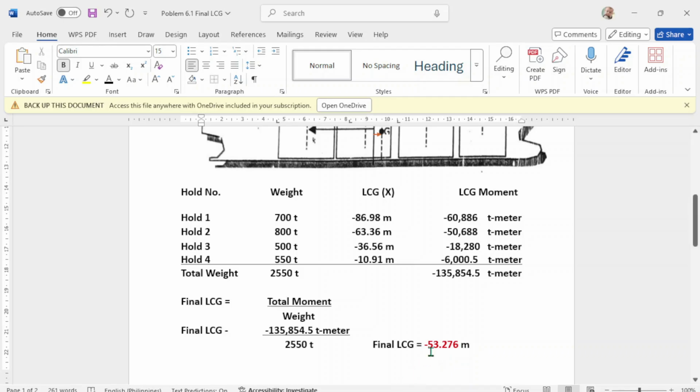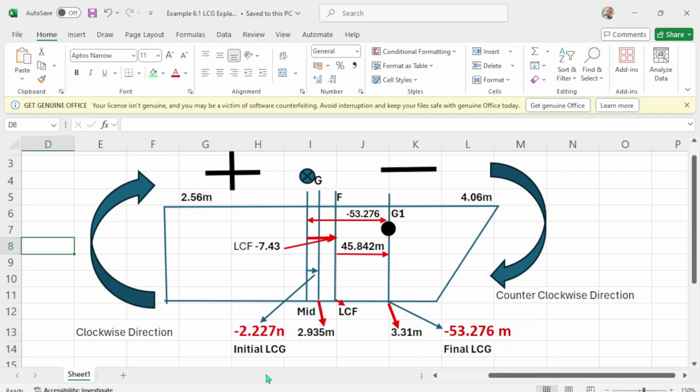Okay, I'll show you what happens now. From your midship, you start measuring, you go measure to negative 53.276, negative because it is going to the forward part of the vessel.